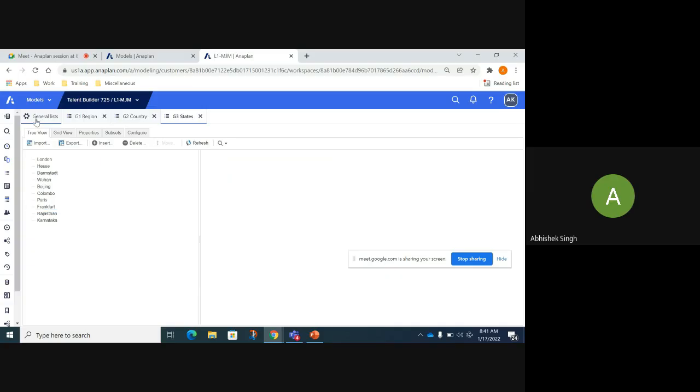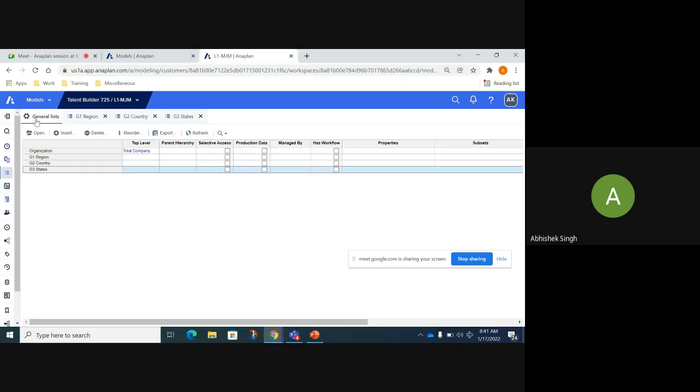So in general, what I have with me is a region list, a country list, and a state list. These are three independent lists currently.